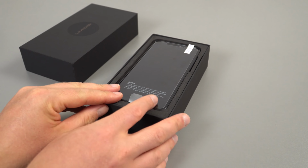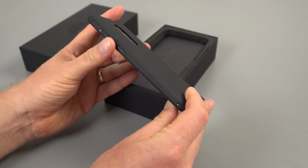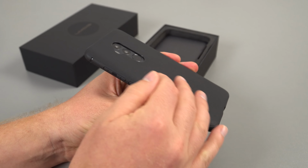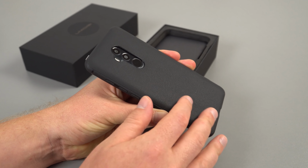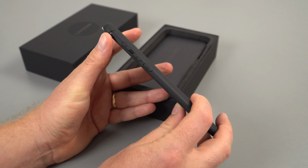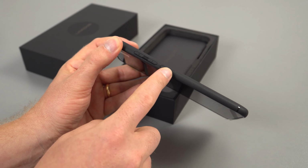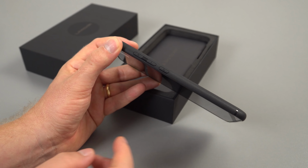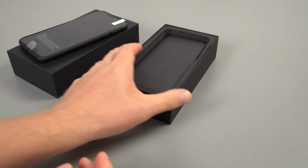So I can see the phone already has a case on it, which is good to see more manufacturers doing this, including cases. So this is a textured matte rubber, which is good. It'll give it a little bit more grip to it. Obviously, when your hands are cold and dry, phones can be very slippery, considering this also has glass on the rear. It does cover the volume up and down and the power button there, which is good, that case. But I will just put that phone to the side there for a minute